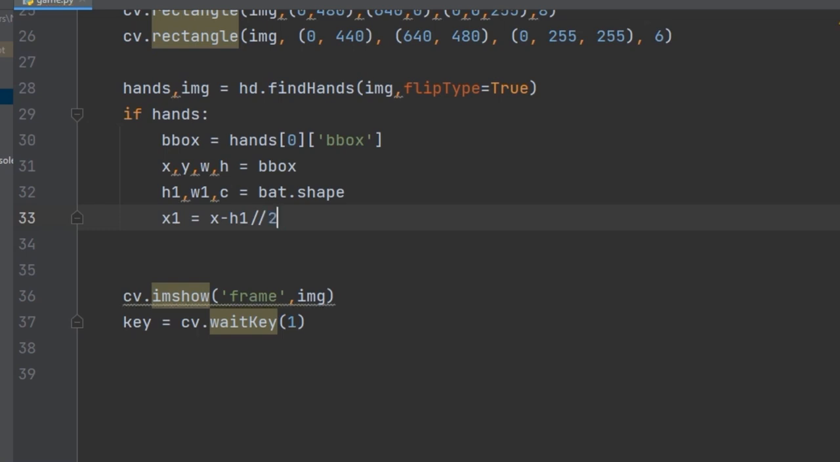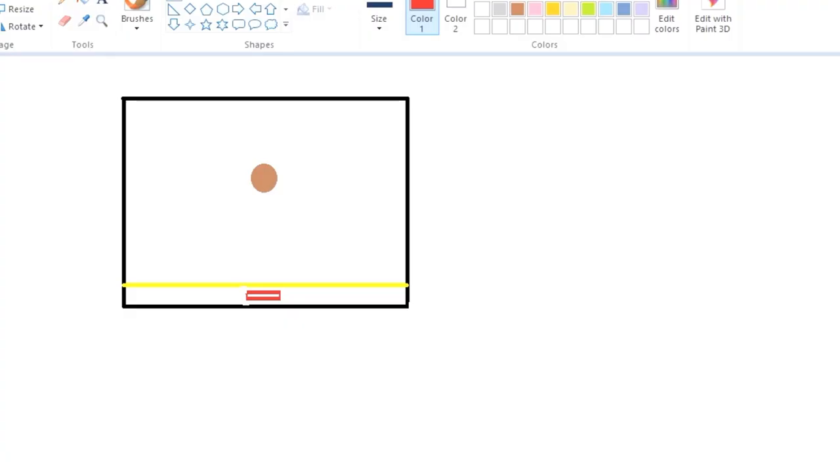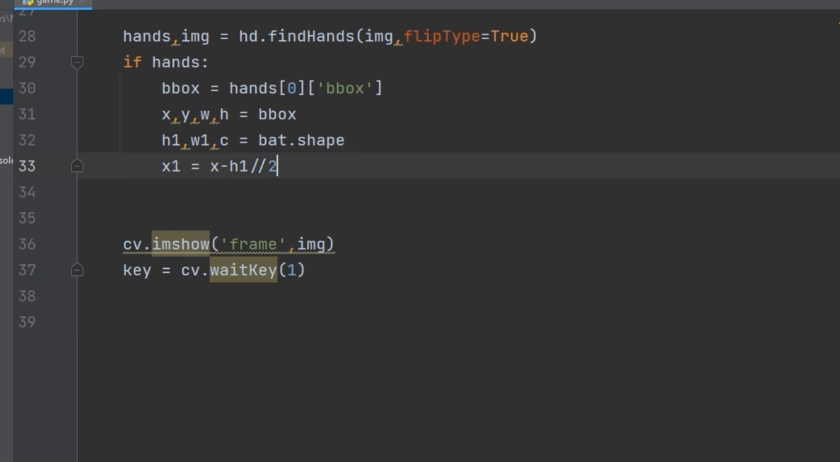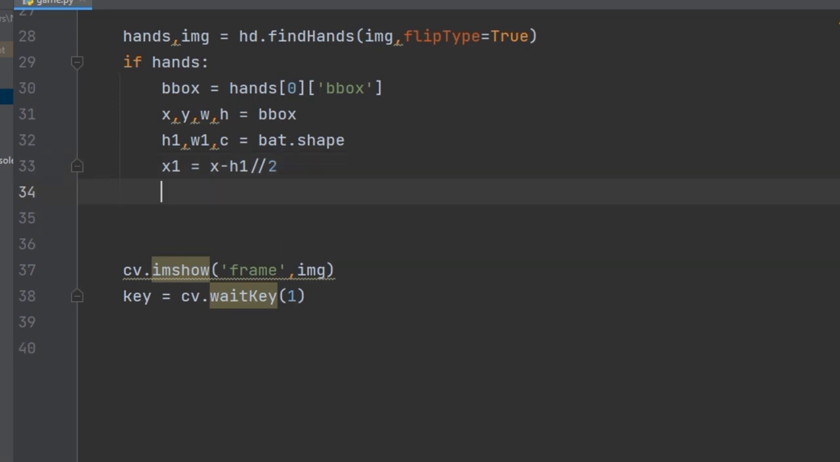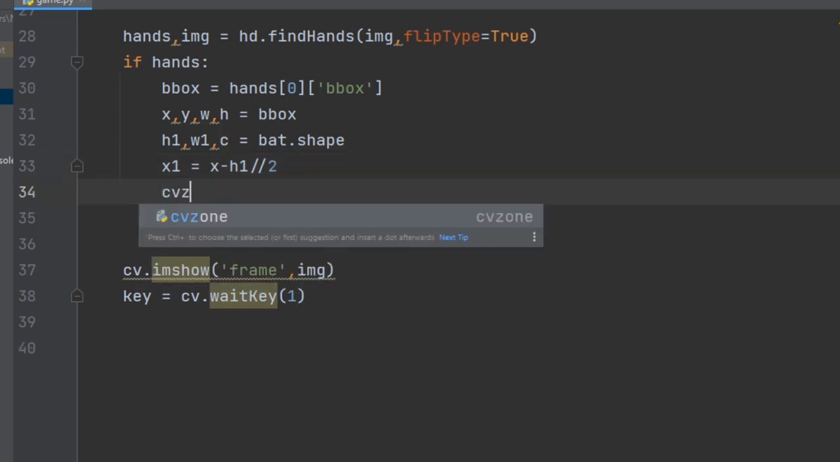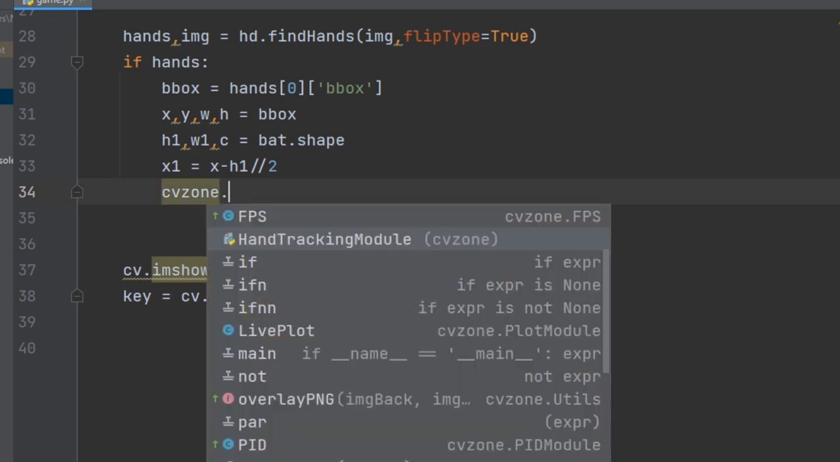The next step now is to go ahead and put this bat in the position where we want it. Remember I told you it has to be at the bottom here. So let's see how we can put it there. For that we'll use a cvzone function. We'll overlay it there, so we use cvzone.overlay